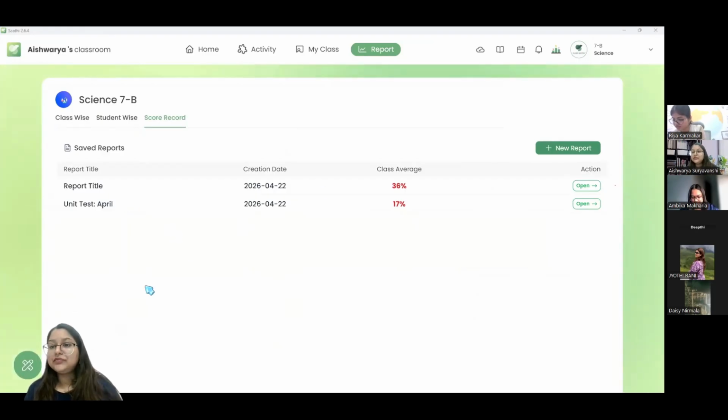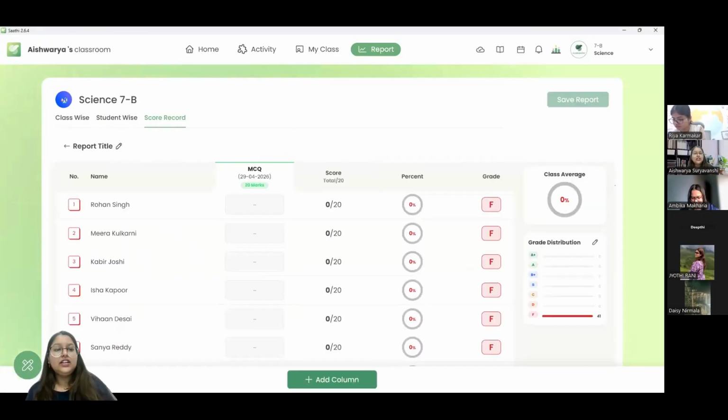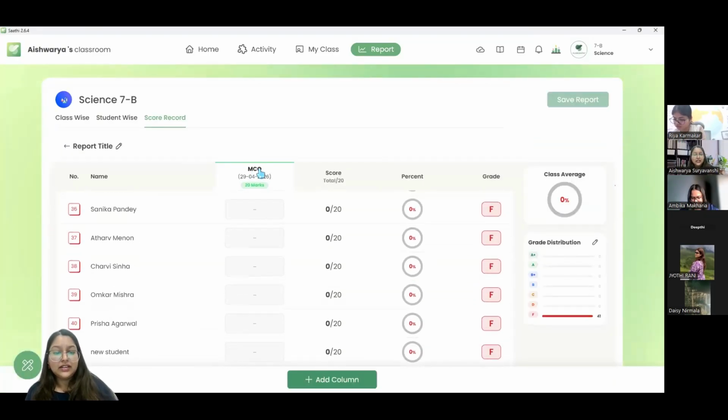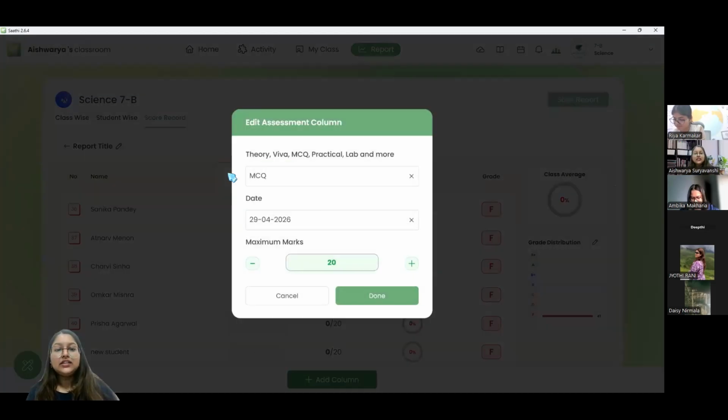So how it works? You just click on this new report option. Here you have the entire list of the students, and within one particular report you can add up to 6 different columns. So similar columns like this, you will have 6 different columns. So let's say today I have taken a Viva on science subject, so I'm just going to put science Viva April.